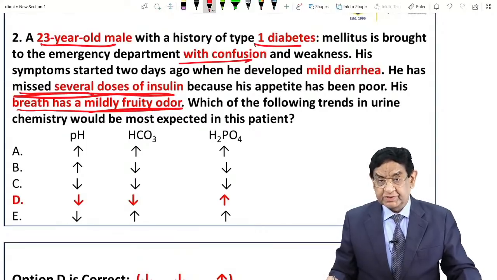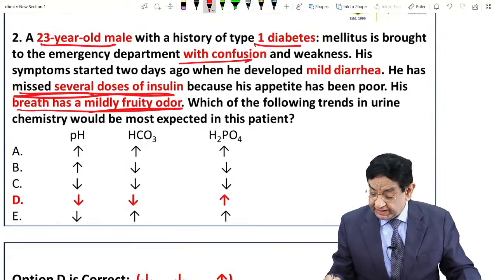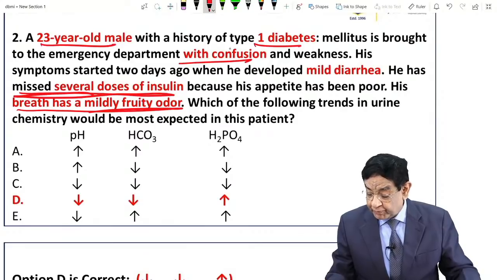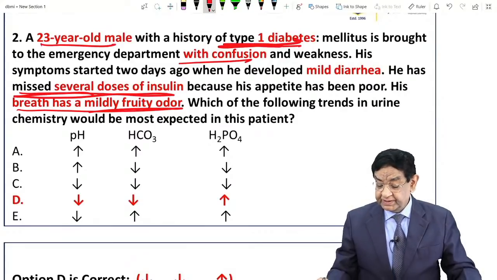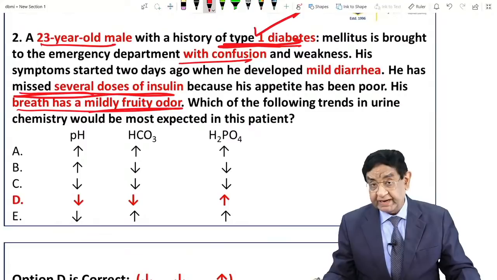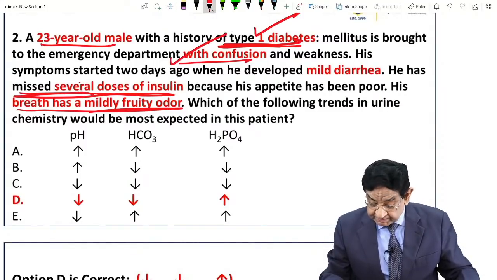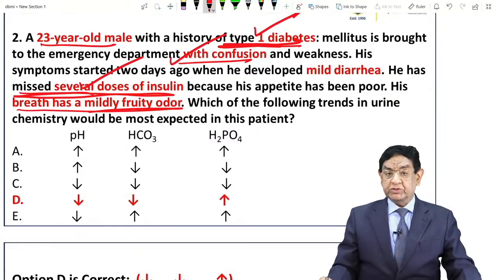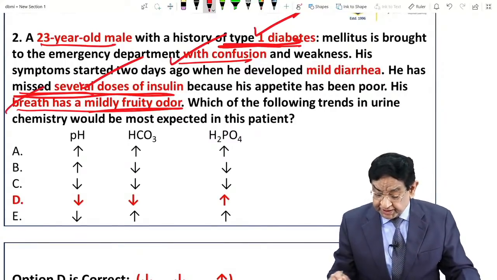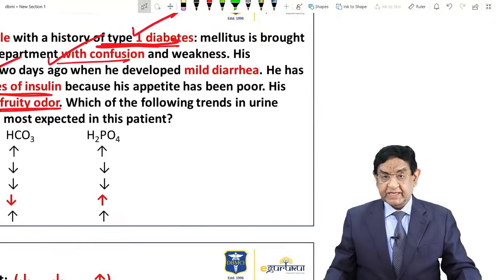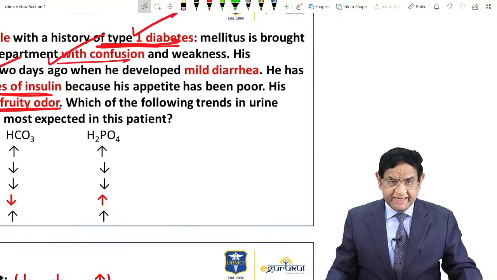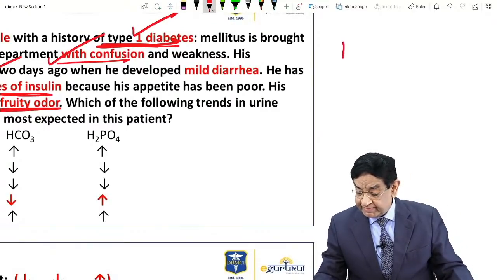If you look into the question again, keyword is type 1. The examiner has given you enough indication that we are dealing with diabetic